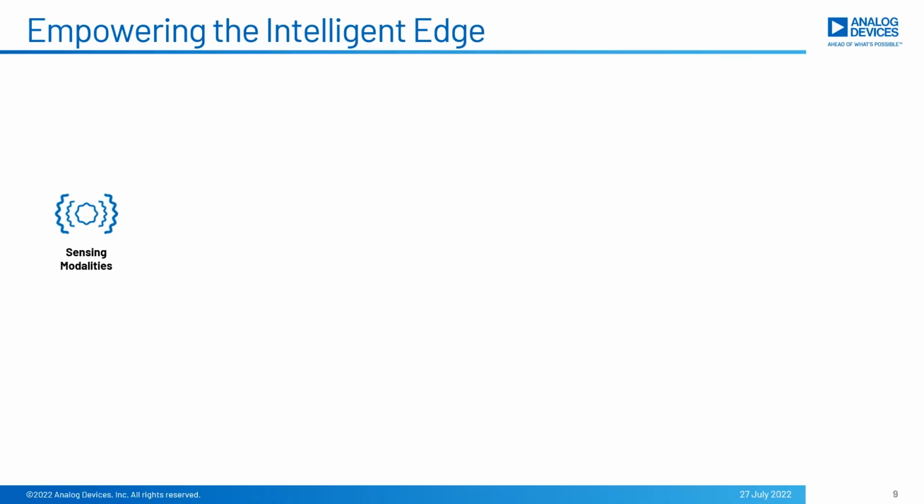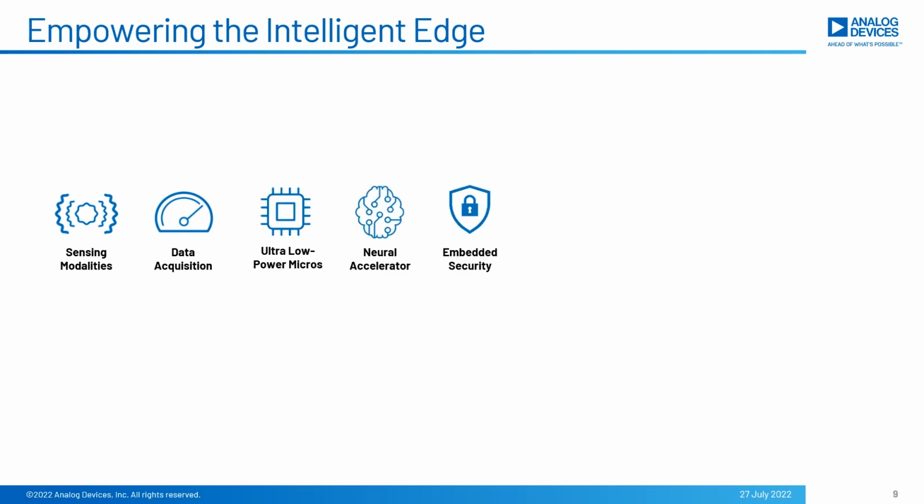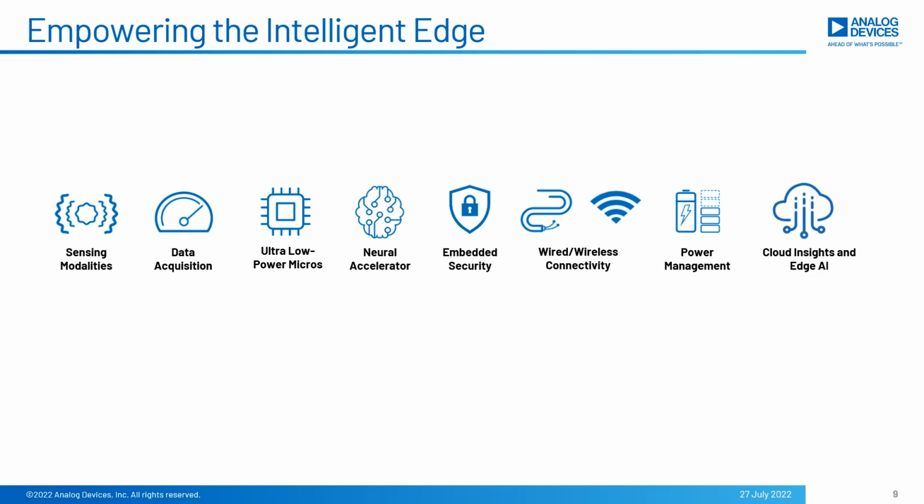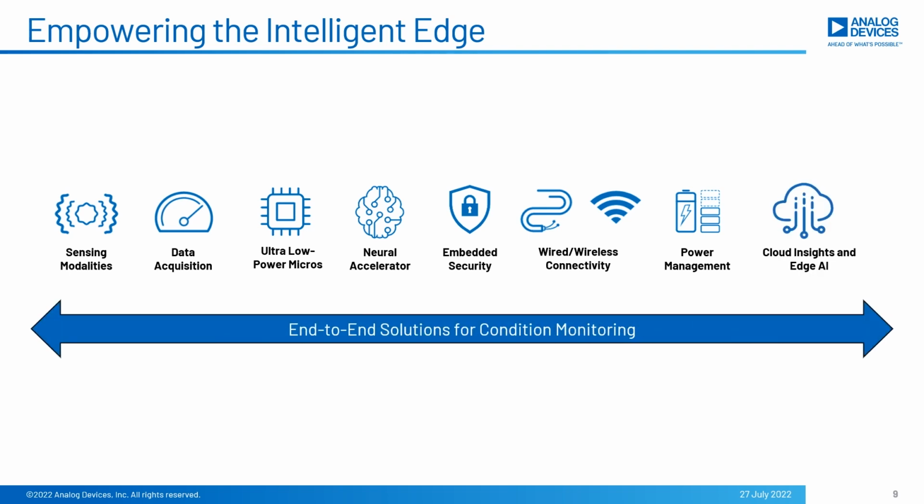From a sensing modality perspective, Analog Devices have been pioneers of MEMS vibration and shock sensors for the automotive industry. We're now bringing them to condition monitoring applications as a means of monitoring the health of an asset, augmented by other sensing modalities like temperature or magnetic field, voltage, and current. And then we take all of these analog sensing modalities, we use high fidelity data acquisition to bring them into the digital domain,